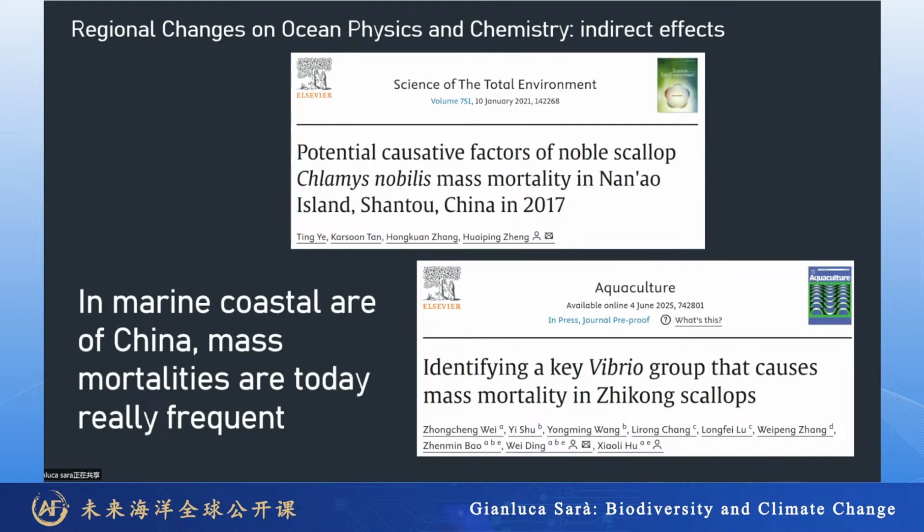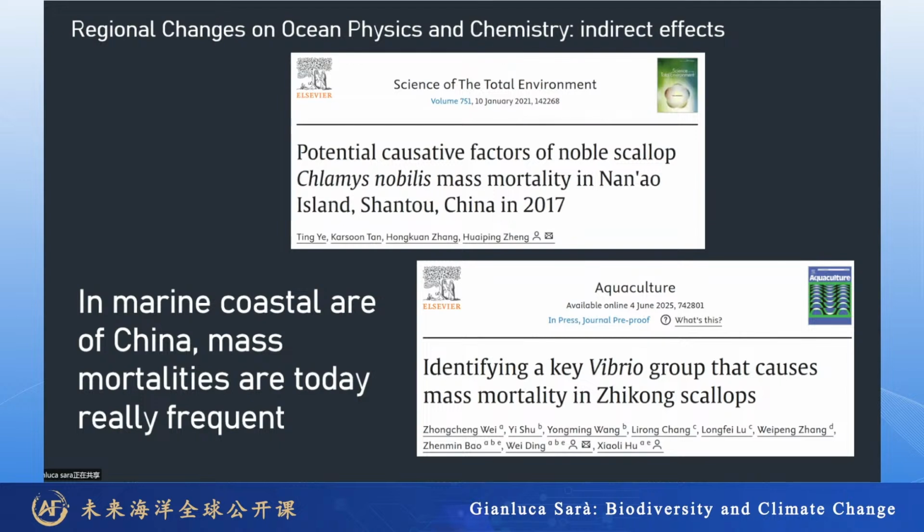This is pretty true also in Europe, in the northern part of Europe, the Baltic Sea, the North Sea, the channel between the UK and France. We have different behavior of water masses increasing temperature with respect to the Mediterranean. But what are the effects of climate change on organisms? They are of two different types: indirect or direct effects.